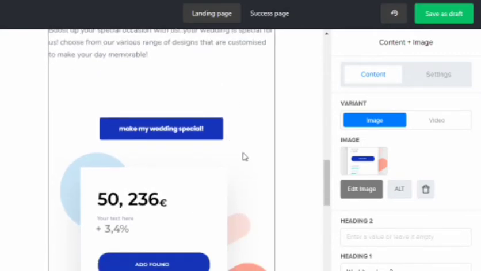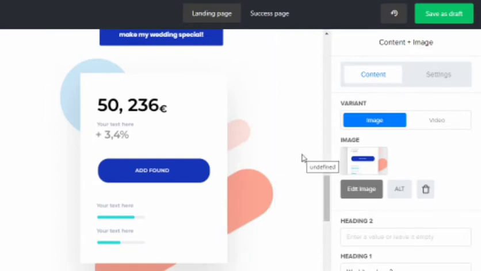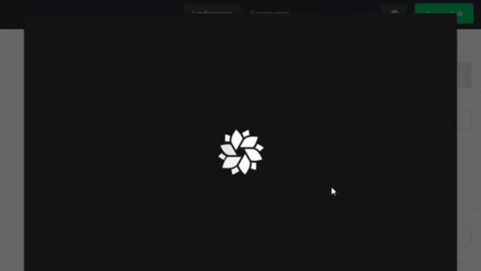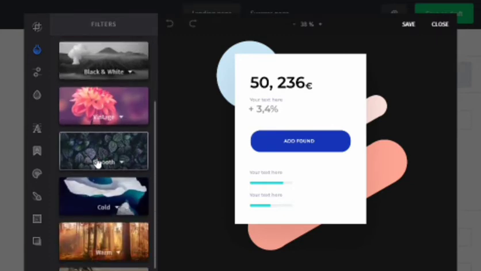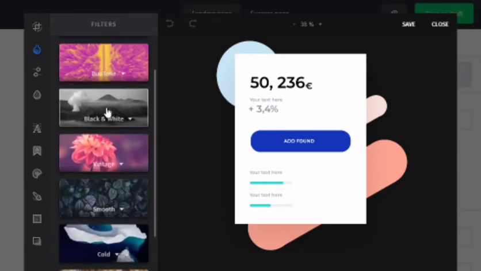Now I'll be changing this poster. I don't want this one, I don't want it in this format. If you want, you can change this specific one itself, or if you want to upload any other, you can upload it. I am just going to upload some other image. I don't want this one specifically.